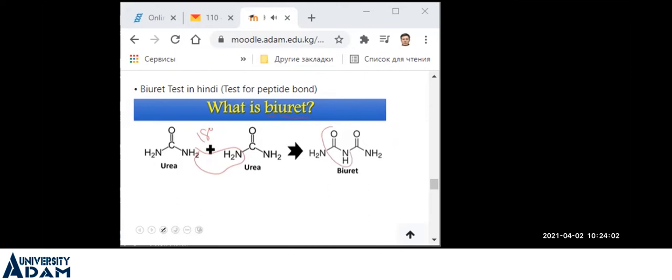स्ट्रक्चर ऑफ बाइयूरेट का अगर आप देखेंगे तो हमने जो पेप्टाइड बॉन्ड देखा था जहाँ CONH का पेप्टाइड बॉन्ड था, तो ये स्ट्रक्चर एग्जैक्टली सिमिलर होता है पेप्टाइड बॉन्ड्स के साथ। इसीलिए बाइयूरेट के बहुत सारे रिएक्शंस जो होते हैं वो पेप्टाइड्स की तरह ही रिएक्शंस होते हैं। ये हमारा पेप्टाइड्स है। तो अगर आप गौर से देखेंगे तो ये पोर्शन और ये पोर्शन ऑफ बाइयूरेट इज एग्जैक्टली सेम। जहां भी CO और NH के बीच का बॉन्ड होता है ये पेप्टाइड बॉन्ड है, ये पेप्टाइड बॉन्ड है। तो सिमिलरली ये पोर्शन एग्जैक्टली सेम है बाइयूरेट के। तो बहुत सारे रिएक्शन बाइयूरेट जो देते हैं वो हमारे पेप्टाइड्स वाले रिएक्शन ही होते हैं।